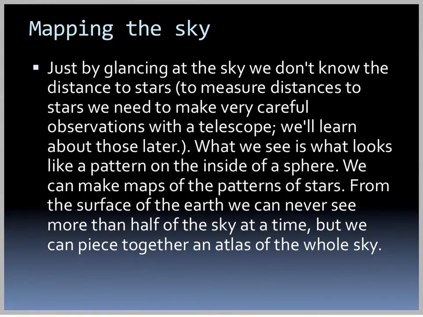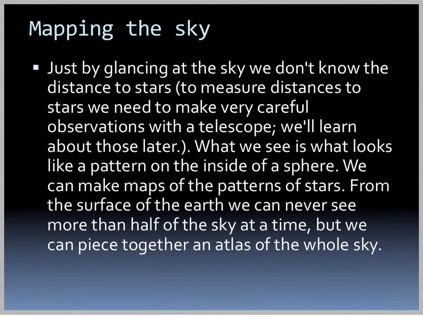Now just by glancing at the sky, we don't know the distance to stars. To measure distances to the stars, we have to make careful observations with a telescope, and we'll learn about those later. What we see is what looks like a pattern on the inside of a sphere, which we call the celestial sphere. We can make maps of the patterns of the stars,